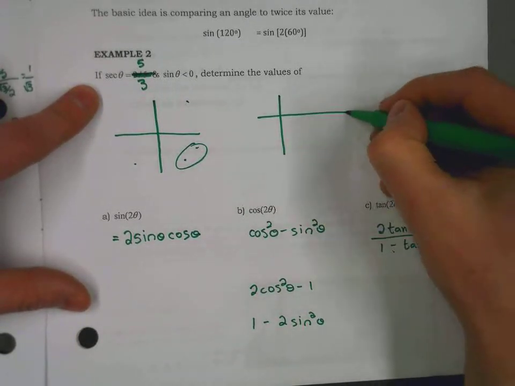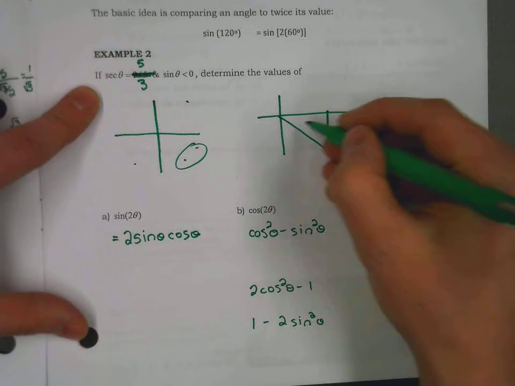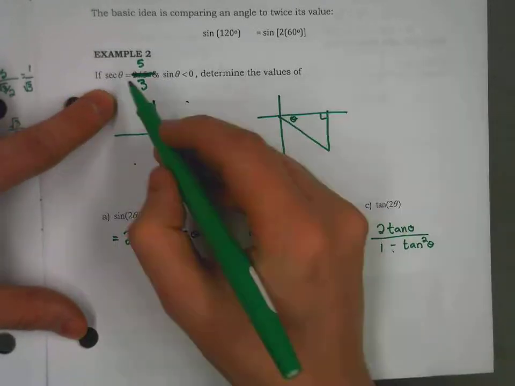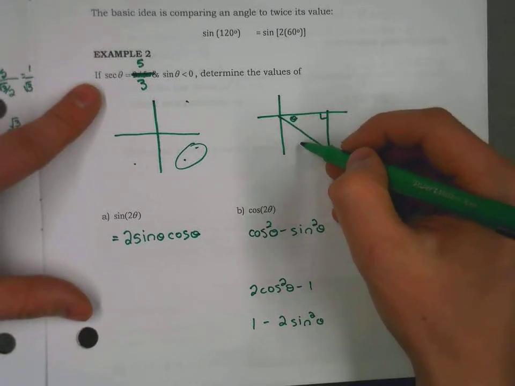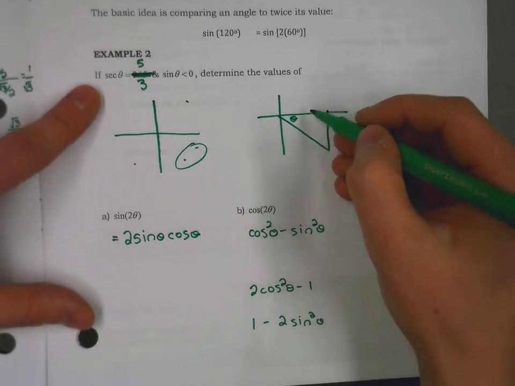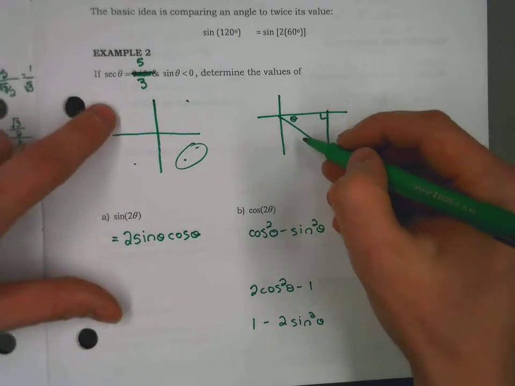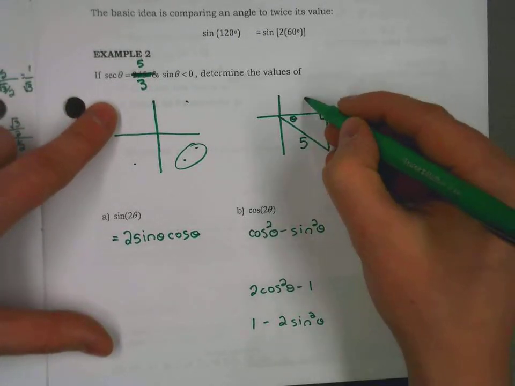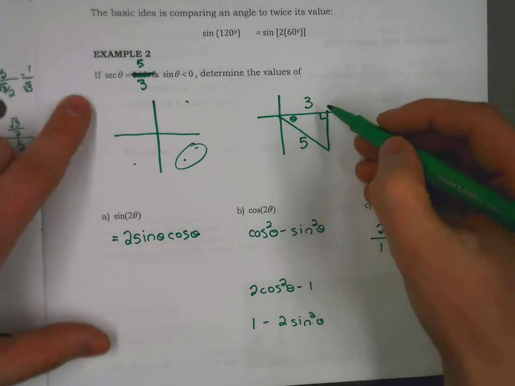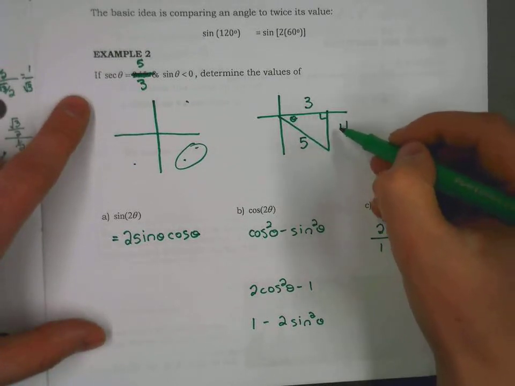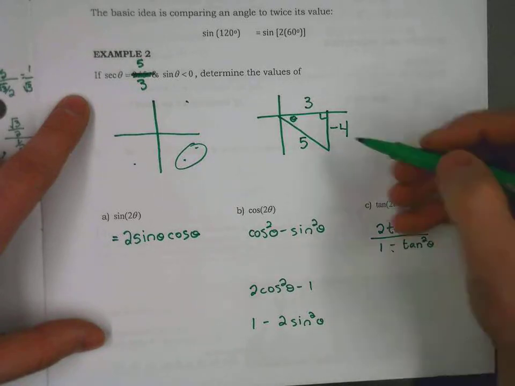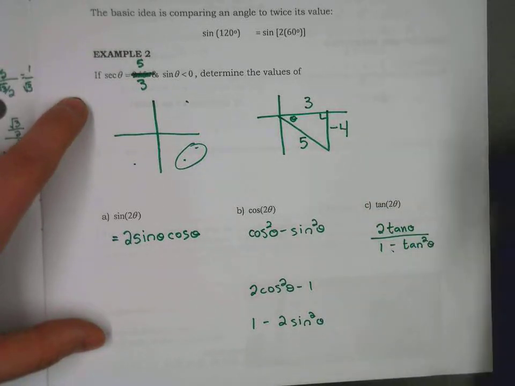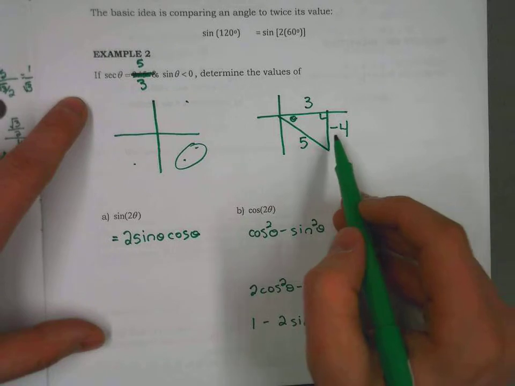So let's draw out this information and say secant is 5/3. So not cosine adjacent over hypotenuse, but hypotenuse over adjacent. We're flipping cosine. This is in fact a 3, 4, 5 triangle, or you could do Pythagoras to get a 4 in a negative direction. Now we know that sine is negative 4/5,